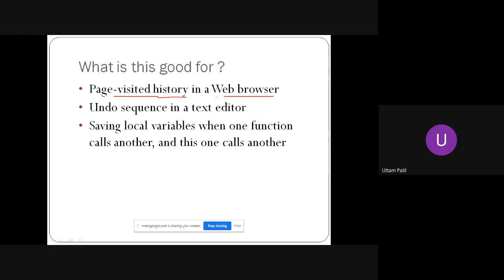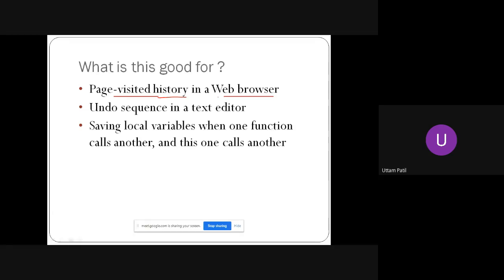Has anybody seen the history of your browser? Whatever pages you have visited recently will be seen there on the top. There will be a drop down list shown there. Whatever pages you have visited will be shown on the top. Then maybe the older pages will be at the bottom.